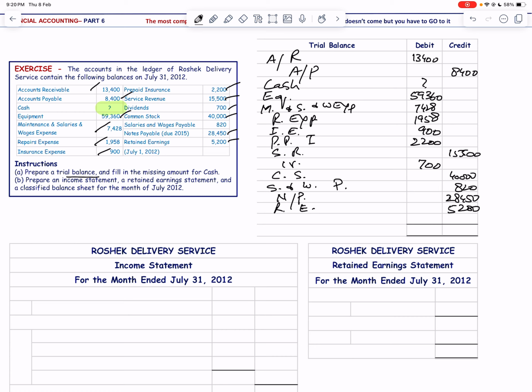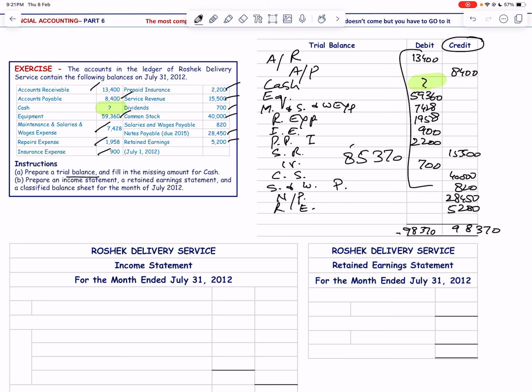So this is all that we have for the trial balance, and obviously we have to find out the value for cash, but we can make the total of the credit, and the total of credit will be 98,370. So obviously, since this is the trial balance, this value must also be 98,370. We will make the total of other accounts, the values that are there, and excluding cash, this will be